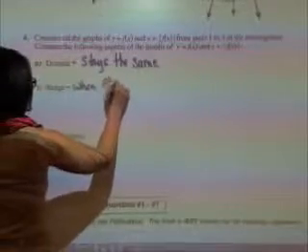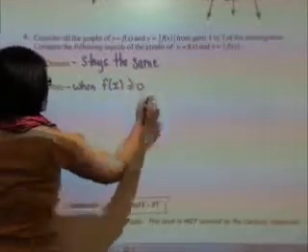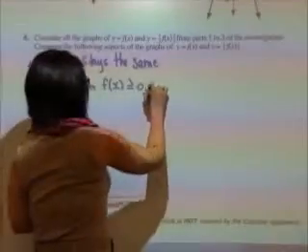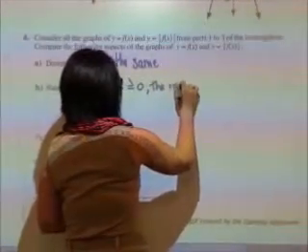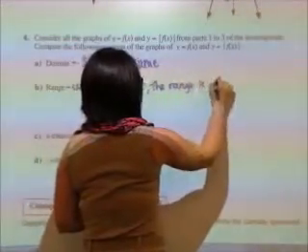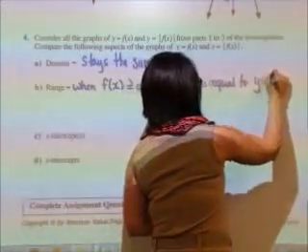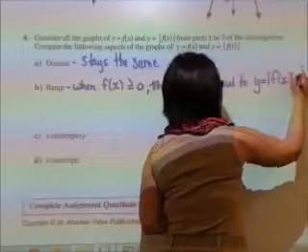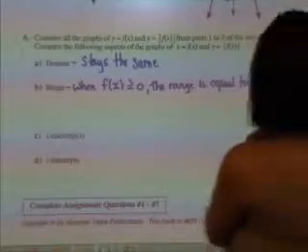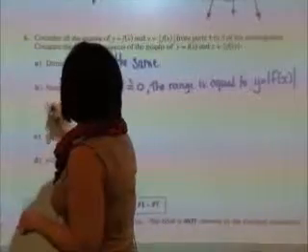So the way that we can write that is we can say when f of x is greater than or equal to 0, the range is equal to the absolute value. Y equals the absolute value of f of x. When f of x is less than 0,